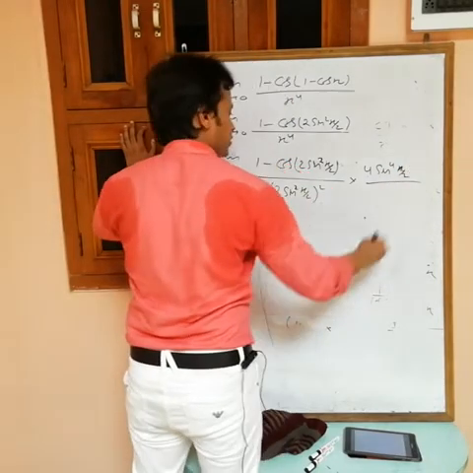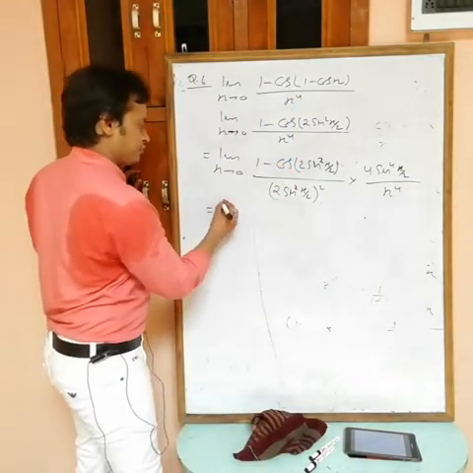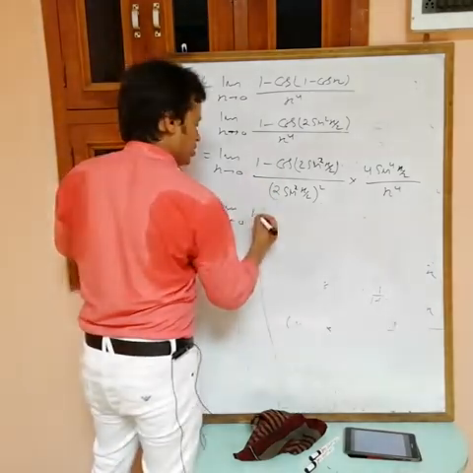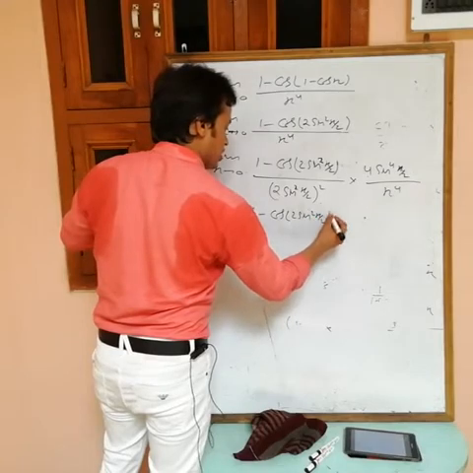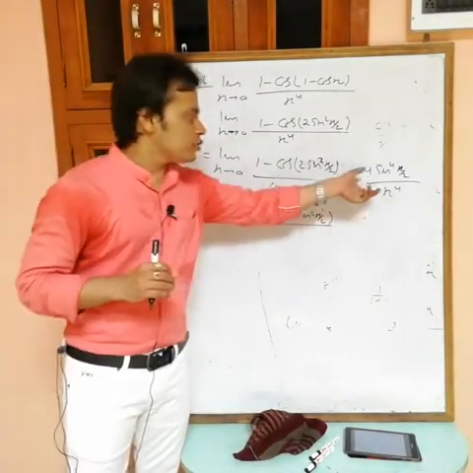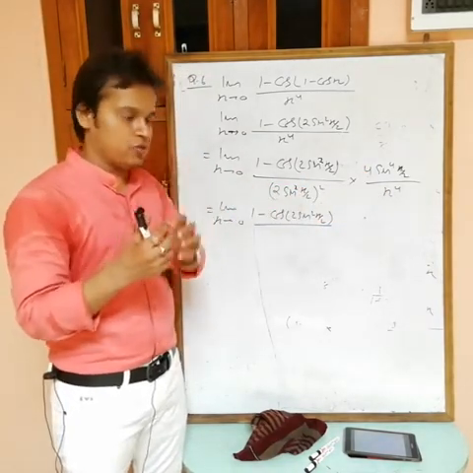Okay, and in the denominator what do you have? X power 4. Okay, limit x tending to 0. This is a standard limit, 1 minus cos 2 sin square. Directly we can't put the value at this stage, because first we have to clarify that this must be a finite value. Both must be finite, then we can write this one into this one.